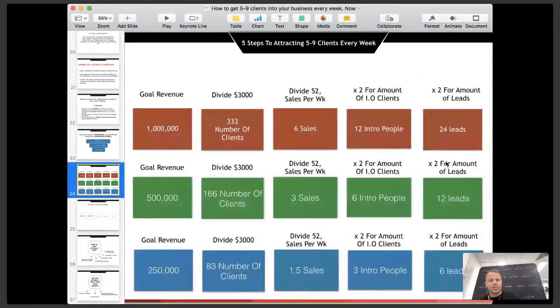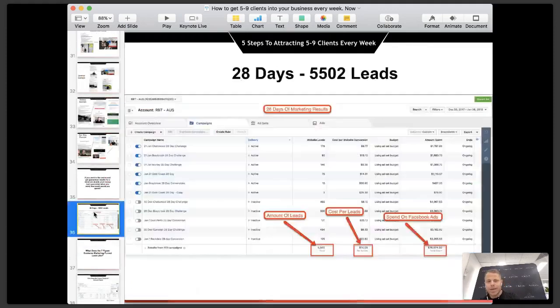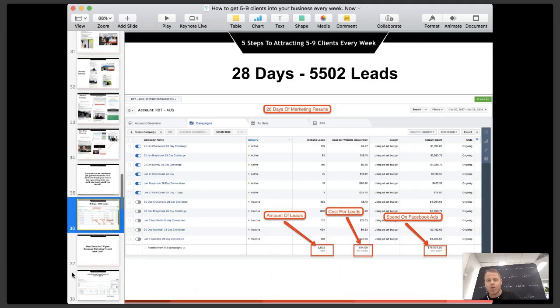So for 5,502 leads, what does that mean? Well, if we look back here, 5,502 leads means essentially 2,500 or 2,250 into our intro offer. It also equals essentially 1,100 people into our $3,000 offer. So we made about $3.3 million worth of sales in January alone with exactly what I'm teaching you on this webinar. So that's $3.3 million in January. And we opened 4 gyms with 200 clients on day 1. So what I'm teaching you today, it's not theory. This is practical. What's working right now?